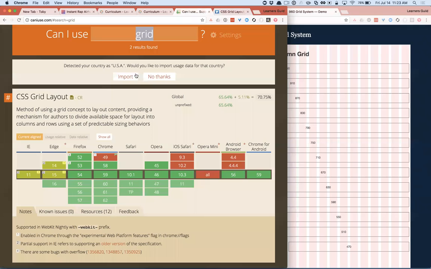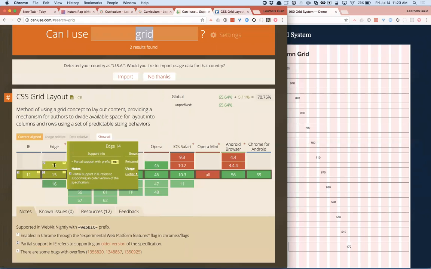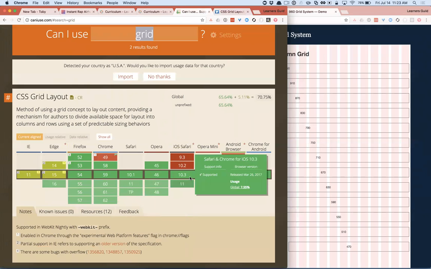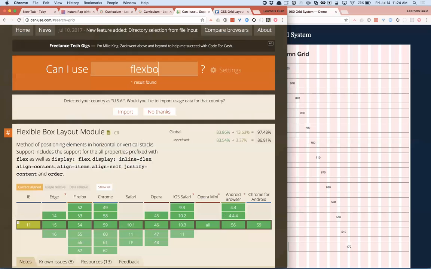So be careful though, and you need to check this stuff on Can I Use, because if your company supports Internet Explorer or even a slightly older Internet Explorer, right? Or even iOS Safari, if someone's on an old version of iOS, this is going to break for them. So this thing's fairly new, it looks like, and it's not as good as Flexbox. What's that number? Right, that's up in the 90s right now.